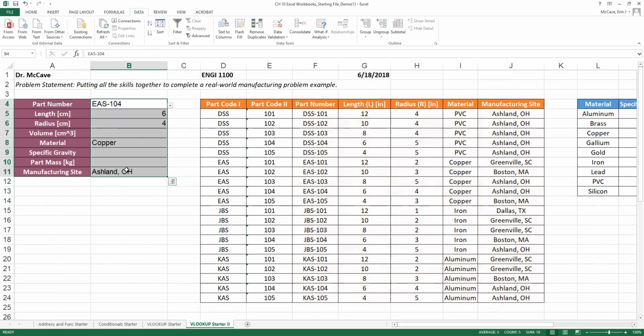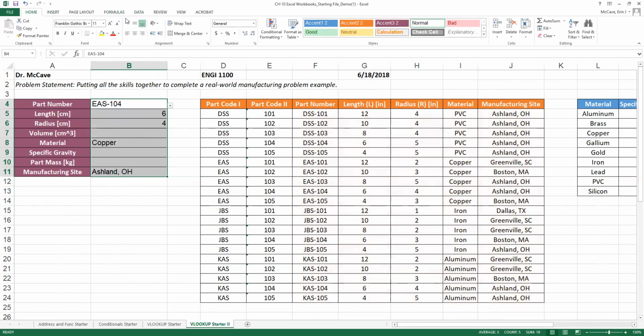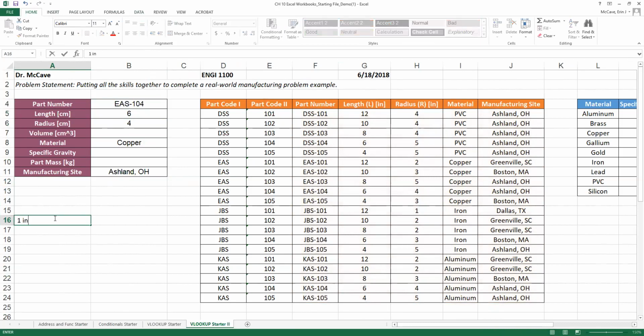We notice that they're not centered. So I'm going to come back up to my Home tab. I'm going to center my values, and then I'm going to come back up and do my conversion from inches into centimeters. And so we remember that 1 inch is equal to 2.54 centimeters. So when we turn that conversion